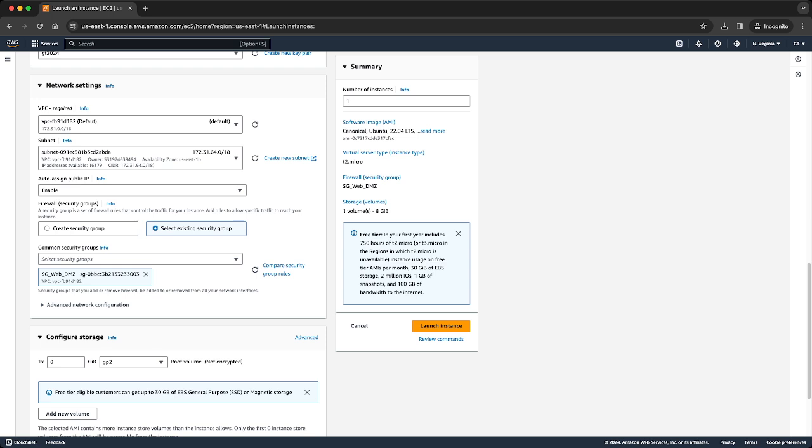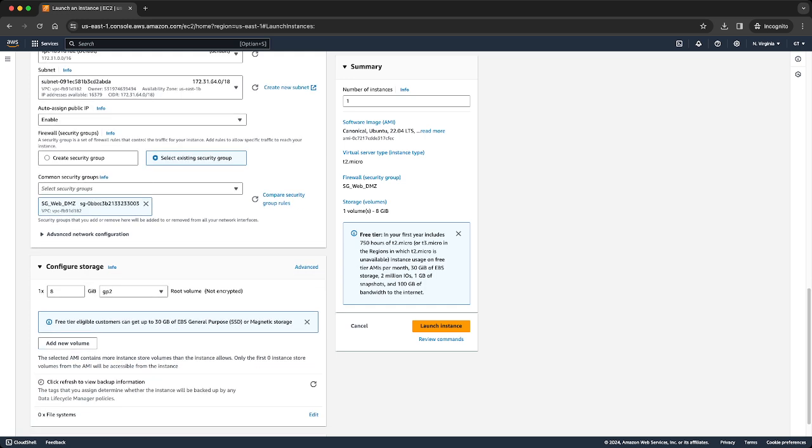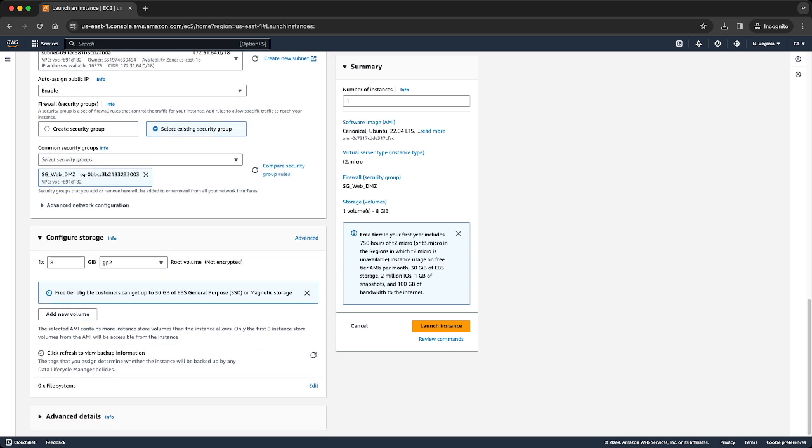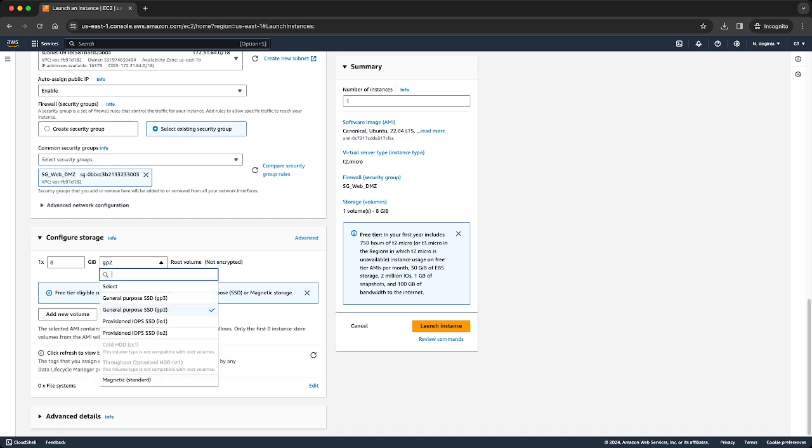Of course, we'll be talking about security groups and all the other stuff in a later lesson, but this is just for the demonstration. If you have the default information, you'll be able to log in and test it. For the configuration of the storage, you can add more volumes or not. You can change the family. Of course, you have the provisioned IOPS, io1 and io2, but I will be going with gp2, the default.